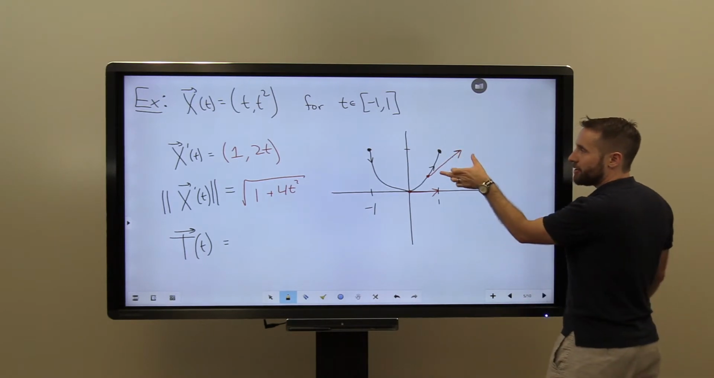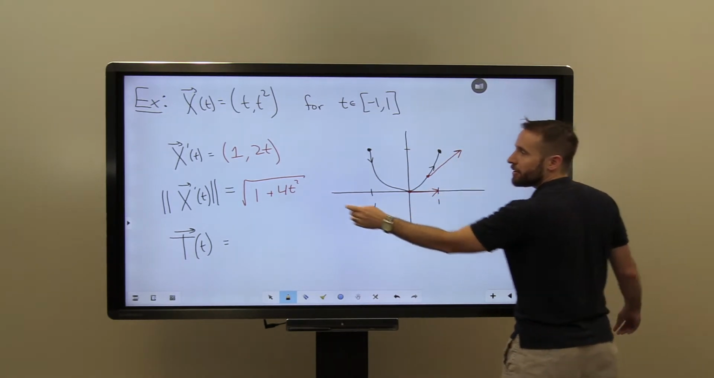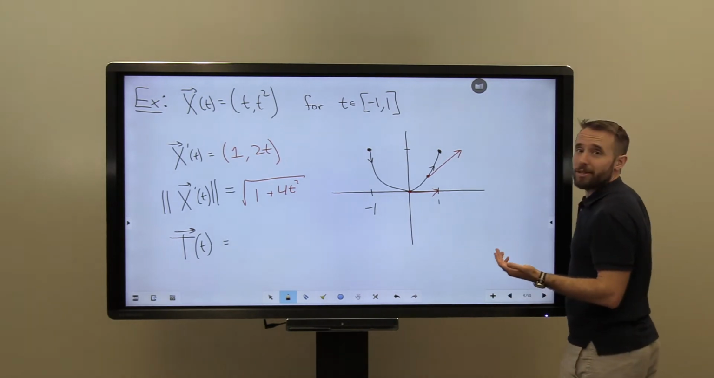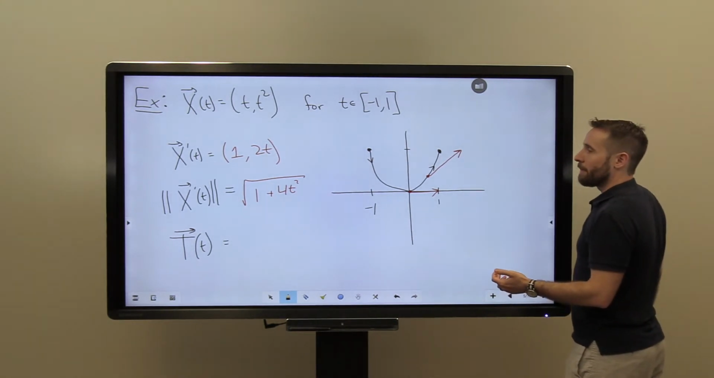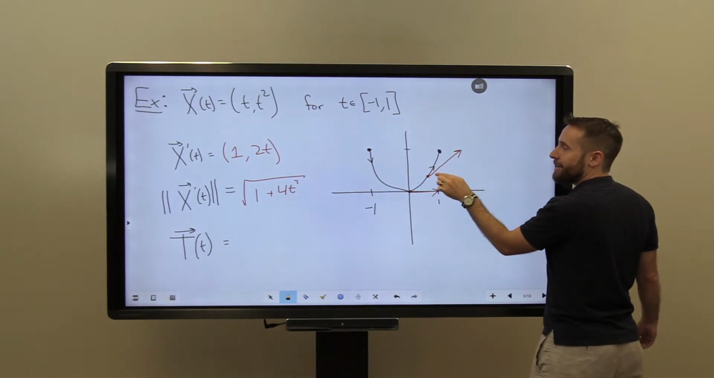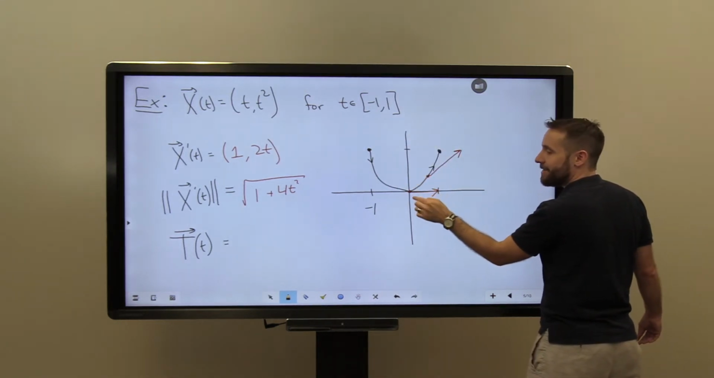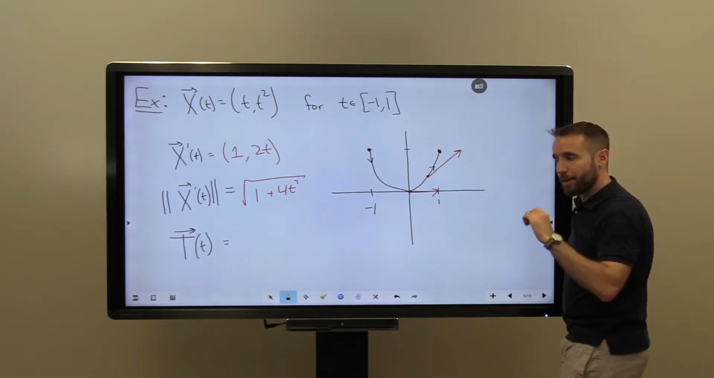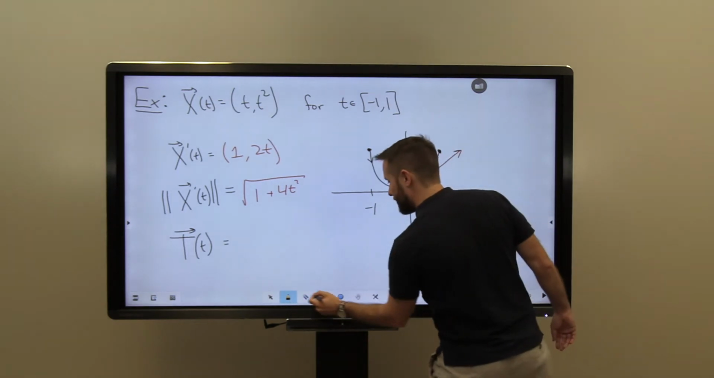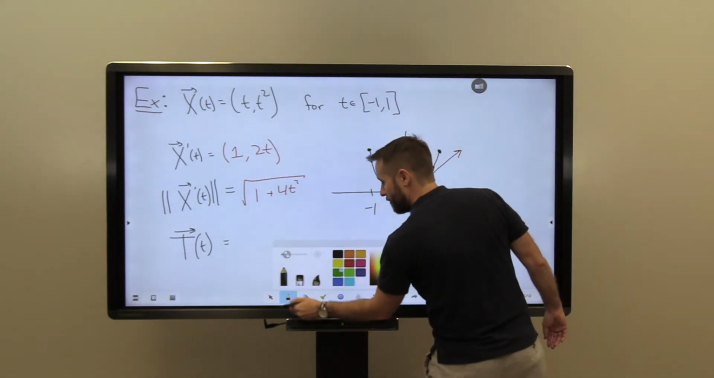And that vector will actually be a little bit longer than this vector. And so its speed will actually be a little bit greater, right? It'll be the square root of 2. And so our particle tracing out this curve is moving faster at this time than it is at this time. But if I want to create a standard function for the unit tangent vector,